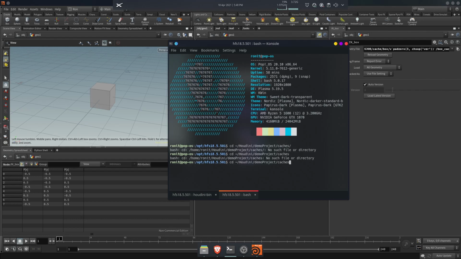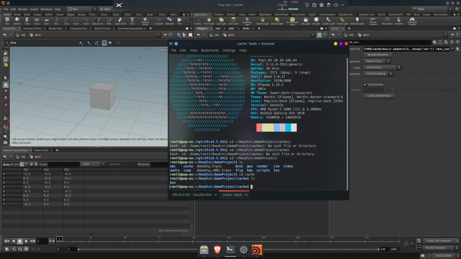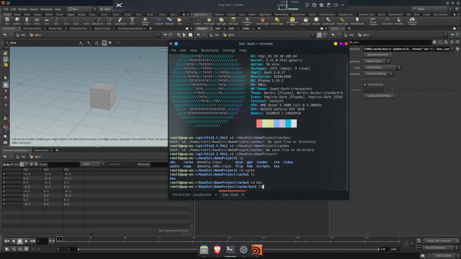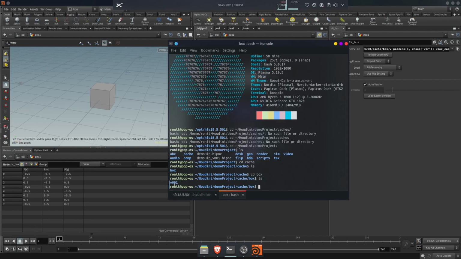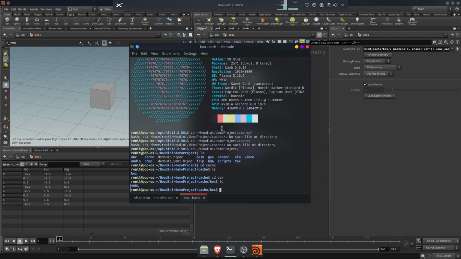Oh, that's good. Okay, its name was cache, not caches. Sorry, cache ls. Now you can see we have a cache saved named box, and if I go inside the box, you will see we have version 001 saved here. Right, so this is what is happening on your disk. This is how it is saving things out.